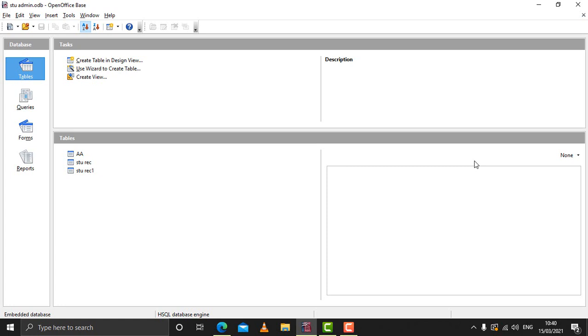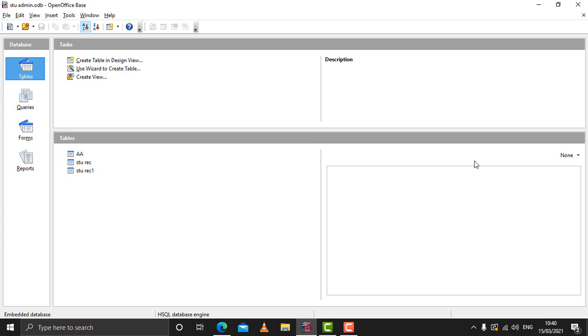So basically SQL is used to work with a relational database. It becomes a medium through which we add data, modify data, or retrieve data from a database.